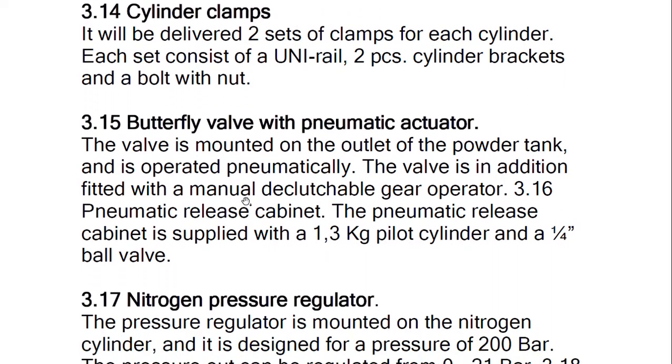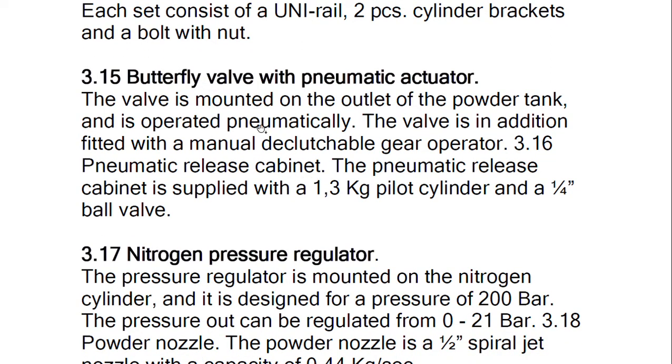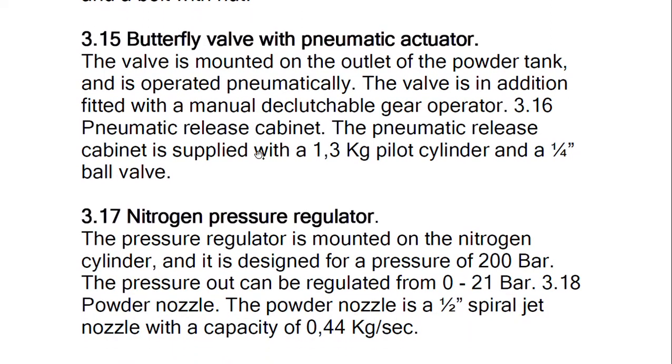Butterfly valve with pneumatic actuator. The valve is mounted on the outlet of the powder tank and is operated pneumatically. The valve is in addition fitted with a manual declutchable gear operator. Now there are pneumatic release cabinets also. The pneumatic release cabinet is supplied with a 1.3 kg pilot cylinder and a half 1 by 4 inch ball